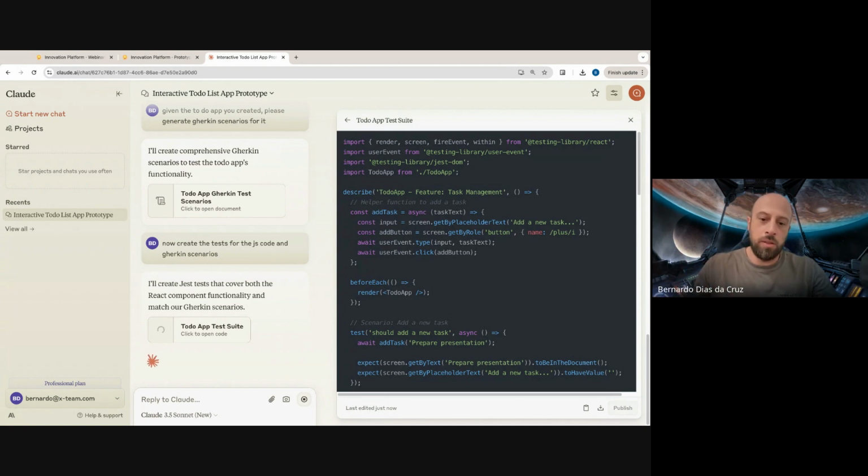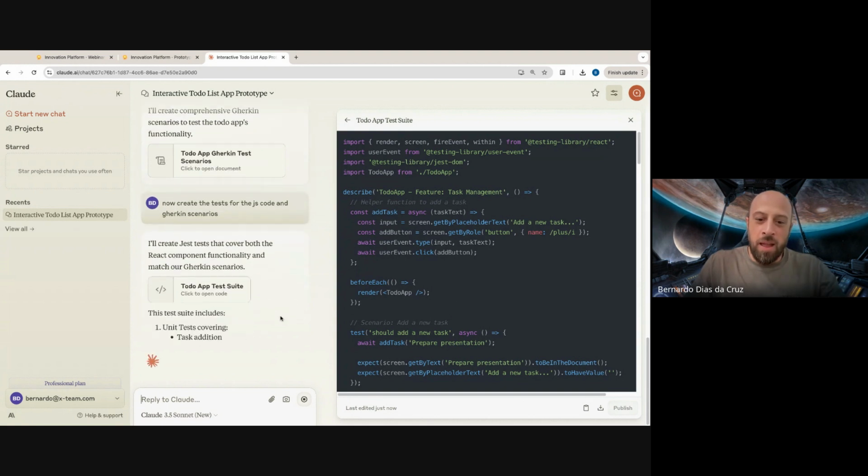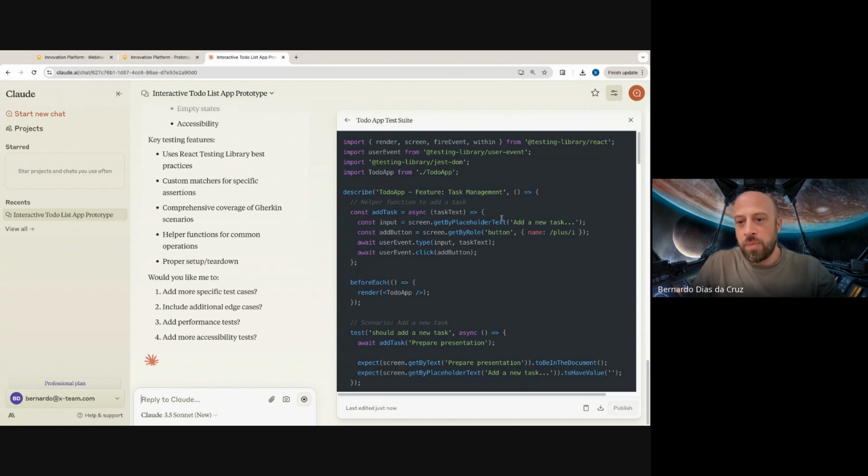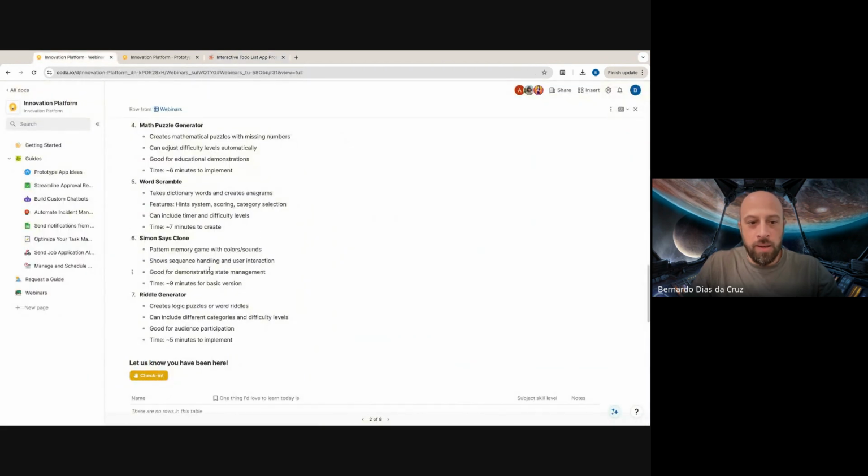Like if a feature changes, if a test changes, of course you can go there and change manually, but you can simply ask, this is not in sync anymore, please help me find out what's wrong, or fix it for me. And things like that. So yeah, I hope that was a good demonstration, because we can go a lot further, and all these ideas here,